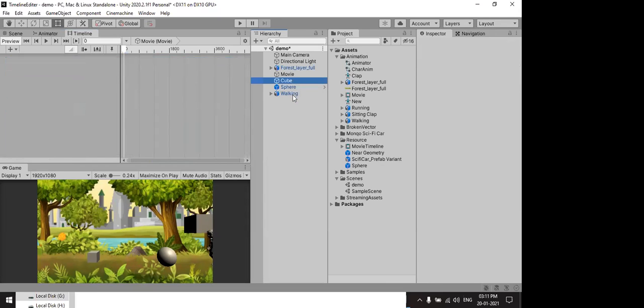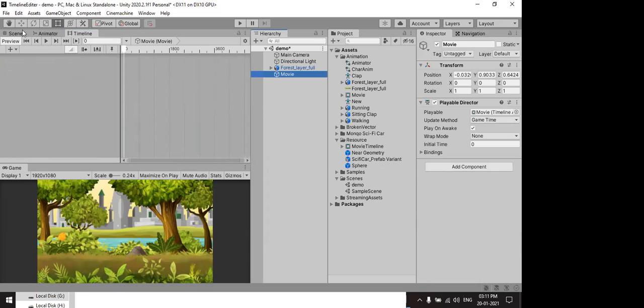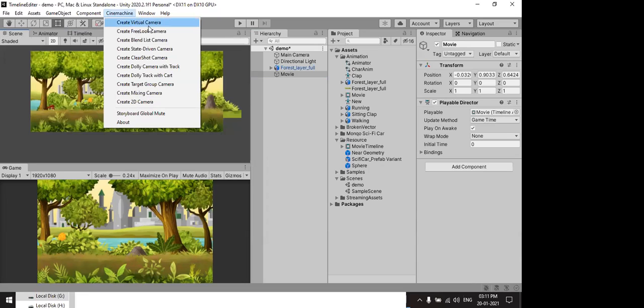Okay, so that's it. In that movie, first we learn about Cinemachine. Here is the Cinemachine virtual camera. These are predefined effects. The main important things are the Cinemachine virtual camera and the Cinemachine brain.